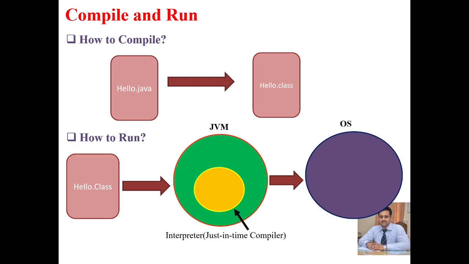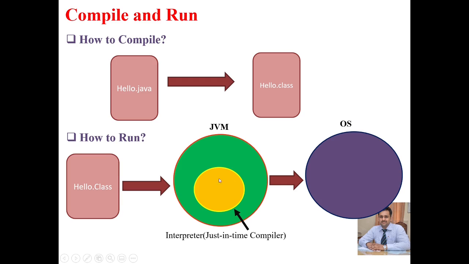So execution may be slow. To overcome this problem, a new way was found and a software was made that is a mixture of a compiler and an interpreter. This software works like this: first it reads one line, translates it and hands it over to the operating system. So here, what I am saying is that the JVM first reads one line from this .class file, translates it and hands over that particular instruction to the operating system. But now it will not be idle while the operating system is executing the first line.